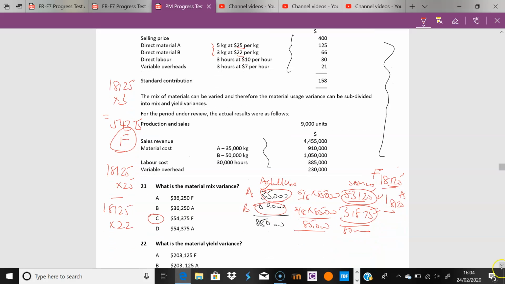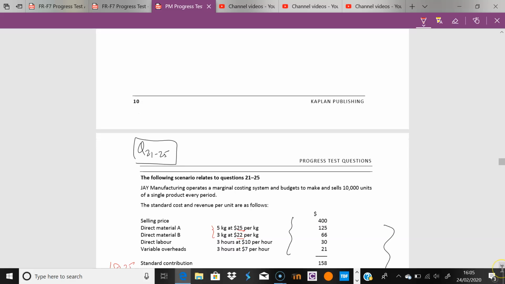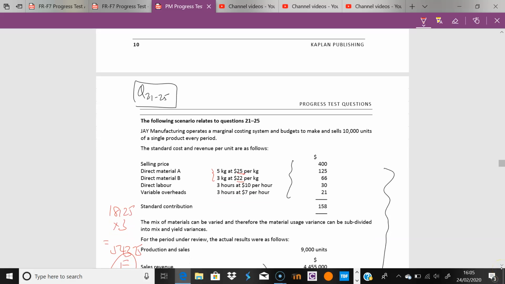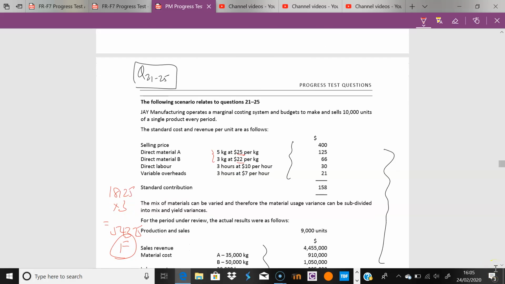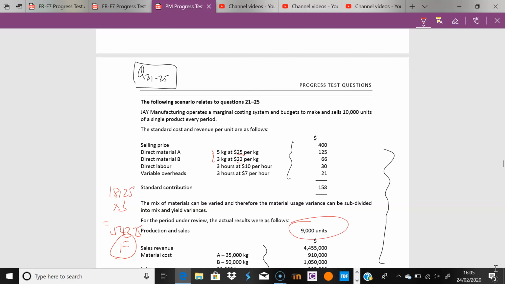Okay, great. So the yield. We've done yield already. And so the argument here is that we expect you, and I think you just want to be flexible with the way you think about this, and then you just get better at doing it. Ultimately, we expect you to use 8 kilograms to make 1 unit. Given that the cost figures you have are for the actual input and not output, it's always better to work almost backwards. Given that this is the standard, if you are making 9,000 units,